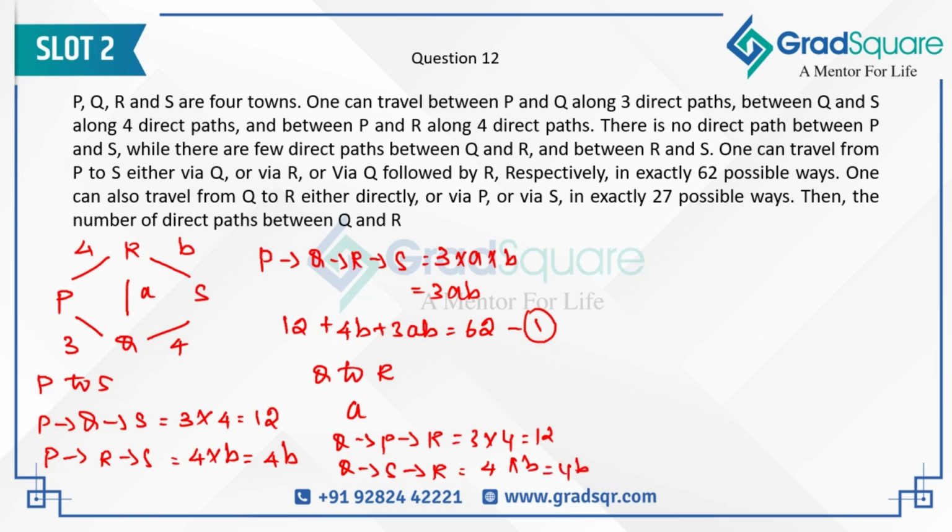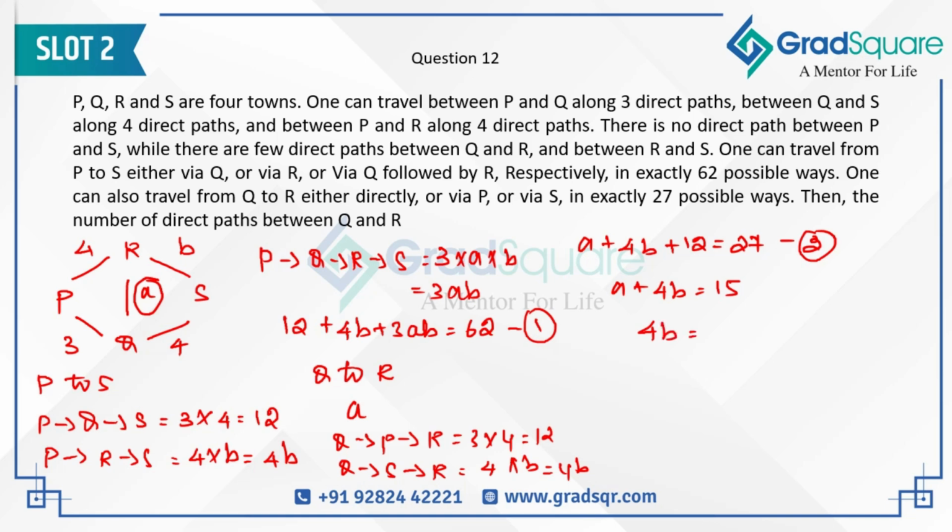And now the total number of ways will be A plus 4B plus 12, and that should be equal to 27 according to the question. Now I have to find the number of direct paths between Q and R, that means the value of A. From the second equation, I can say A plus 4B is equal to 15,